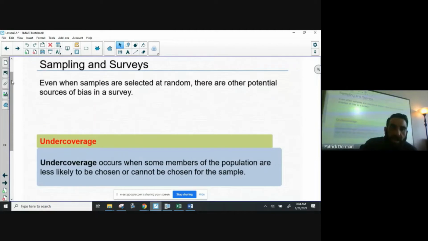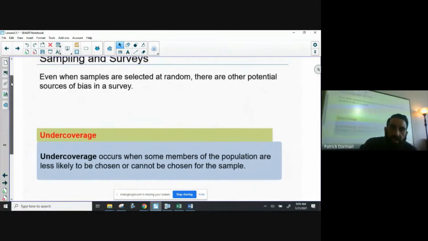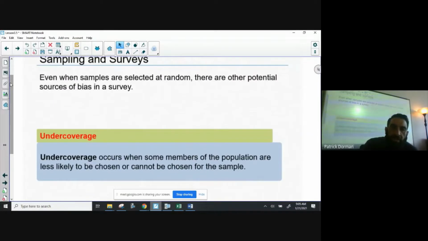All right, so even if you select something at random, there could be some sources of bias. Depending on how you're doing this random selection, you could wind up with undercoverage if some members of the population are less likely to be chosen or cannot be chosen for the sample. So, for instance,